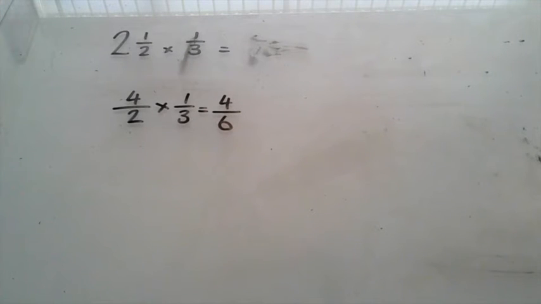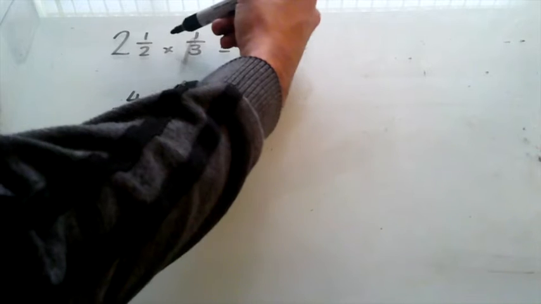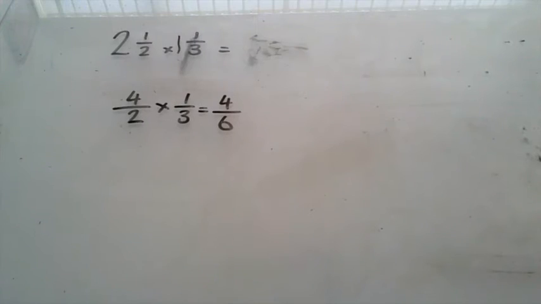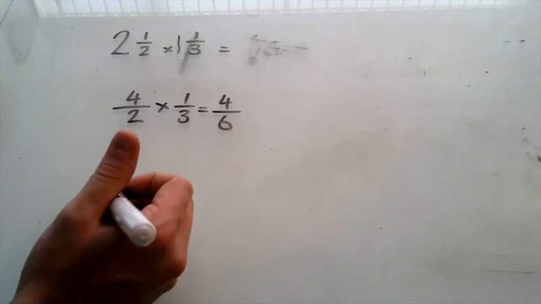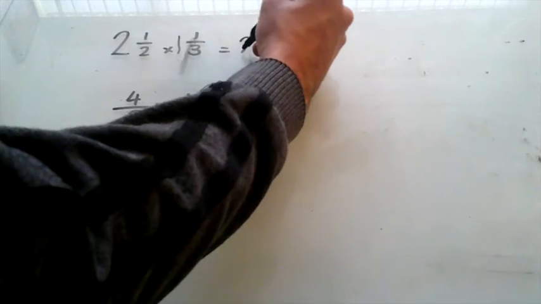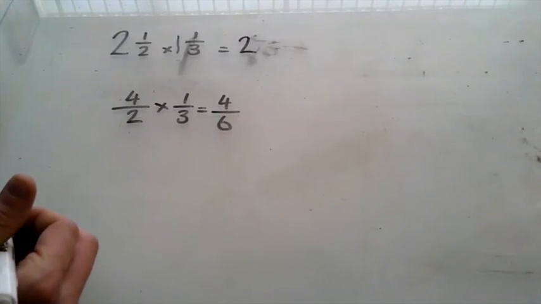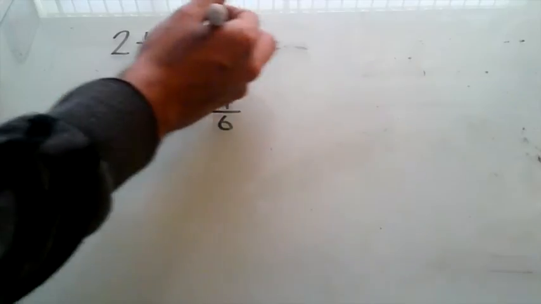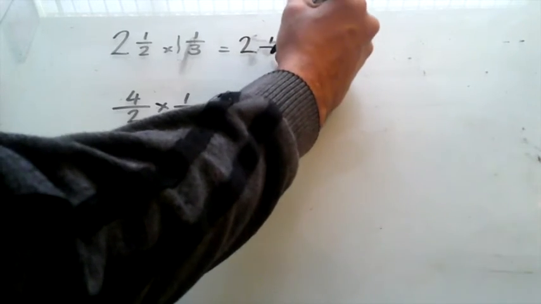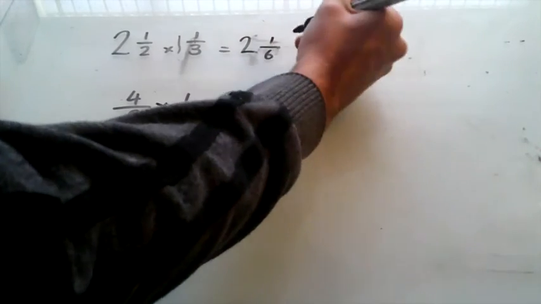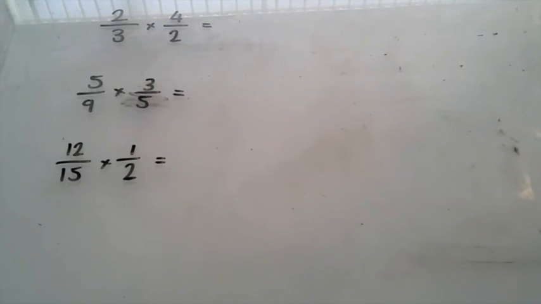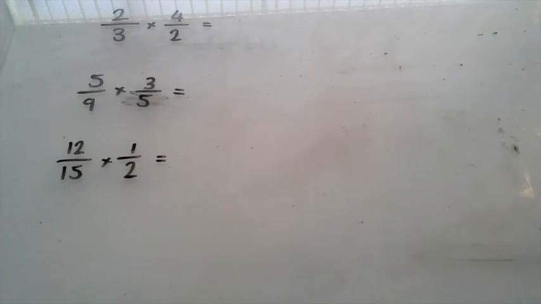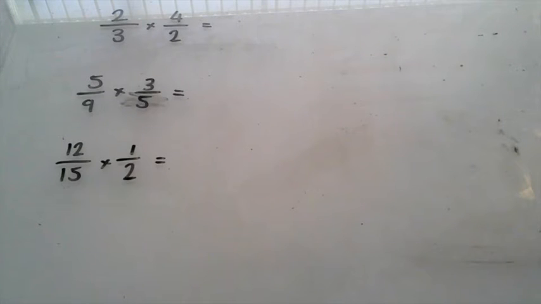Your other way to do this would be, there's an imaginary 1 there because we've only got 1/3. So we could times our whole numbers together first, which will give us 2, then times our fractions together, which will give us 1 over 6. So your questions to have a go at are 2/3 times 4 over 2, 5/9 times 3/5,